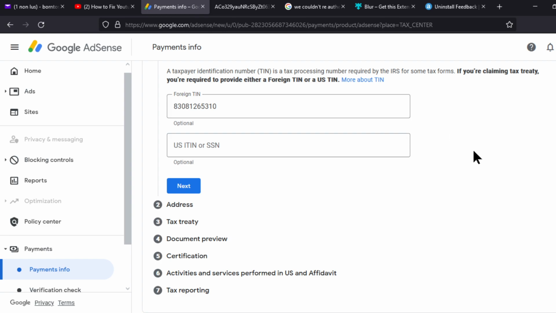But when it comes to put a phone number, you put your real phone number. When it comes to put an email address, you put your email address. All these other things you can go about, because this is a way of making money even when they make it hard. So we're going to the billions. So now I'm going to click next because I think the other one is foreign. This is for the US, I suppose. So I'm going to click next. Let me just look into this. I'm going to click next.